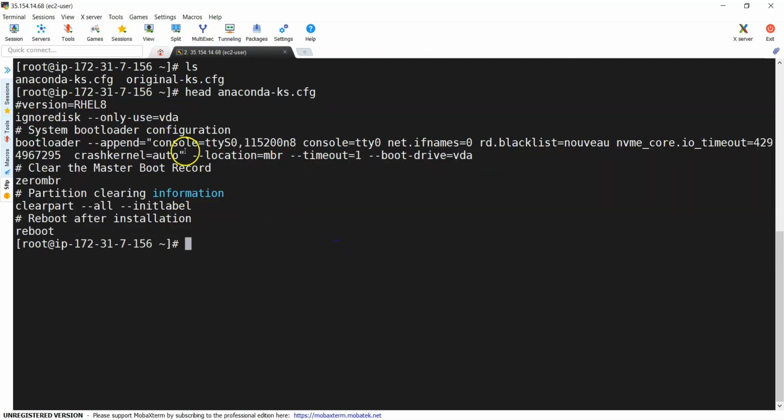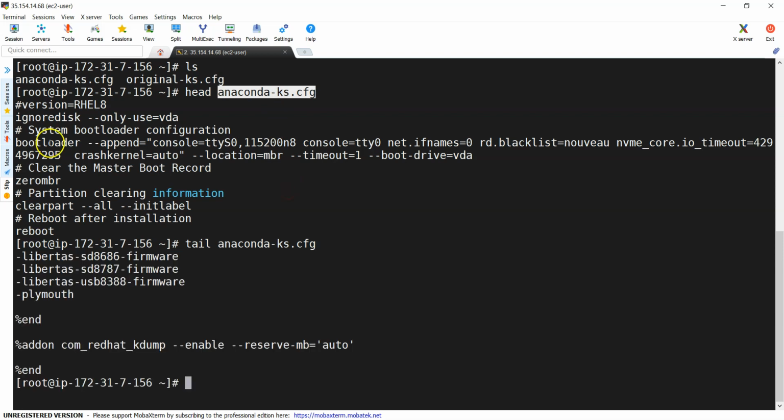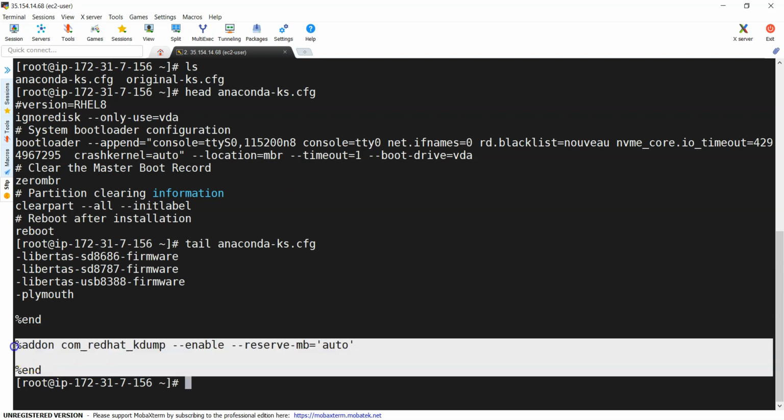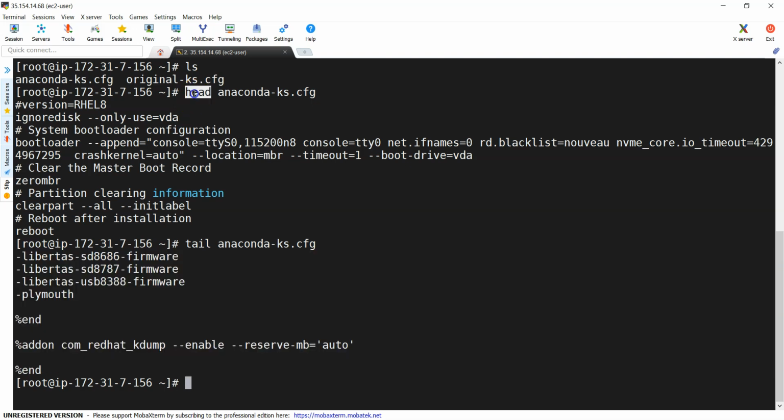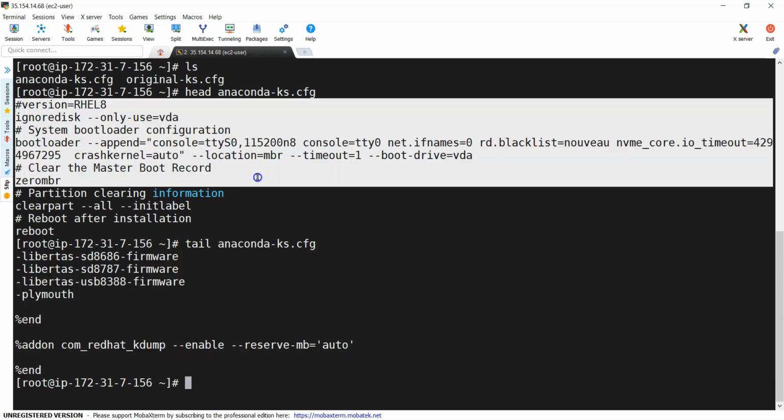The first 10 lines of your file are displayed by the head command. Similarly, we have the tail command. Tail is going to display the last 10 lines of your file. I am giving the file name, and you can see here this is the end of your file. So it gives the last 10 lines and head will give the first 10 lines.